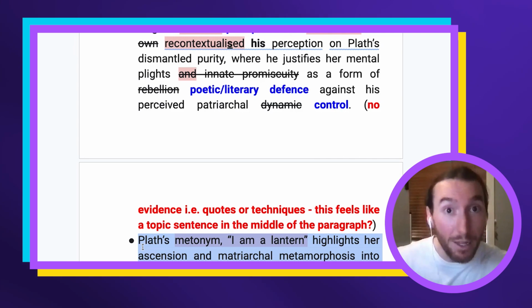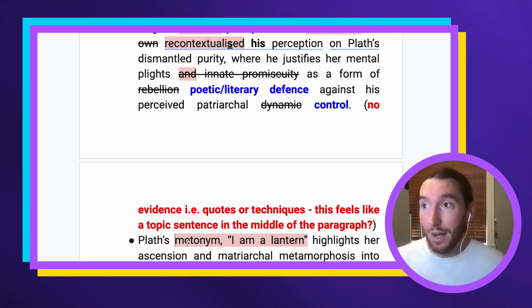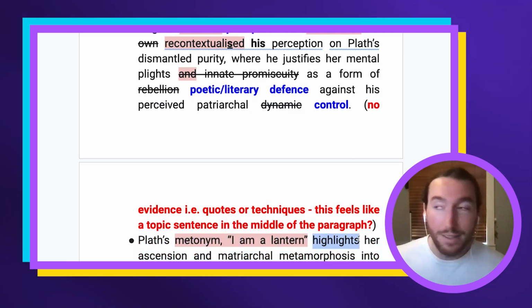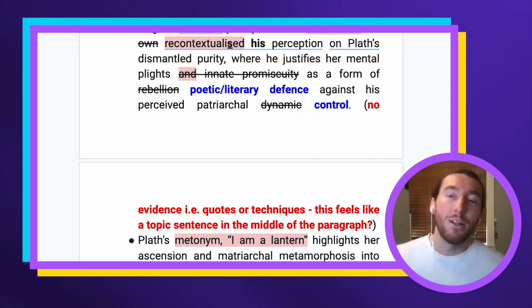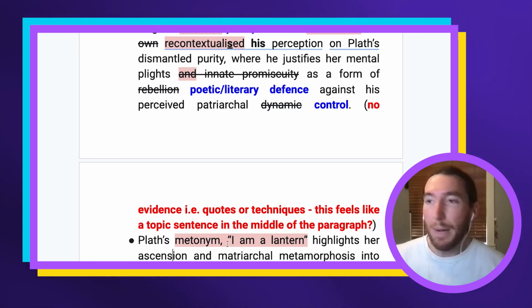So you've done a good job of having the elements in there of a technique, a quote, a verb like highlights, and then you've actually said the effect, but you haven't done the refinement and you haven't ensured the progression there. So a couple of things that will improve it. Again, we've got that issue with the comma.